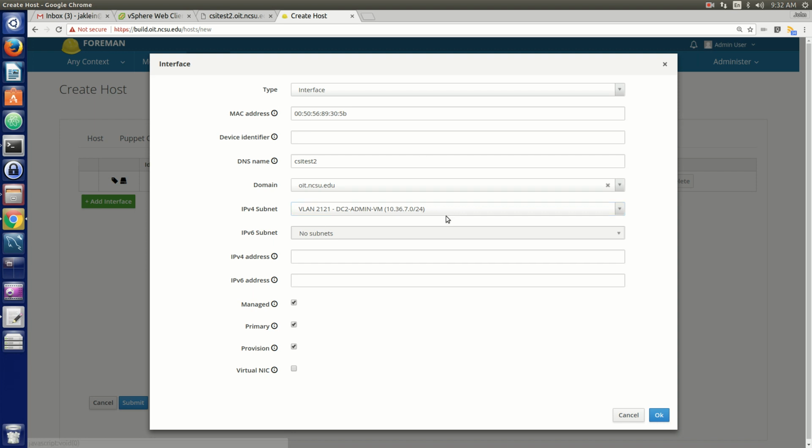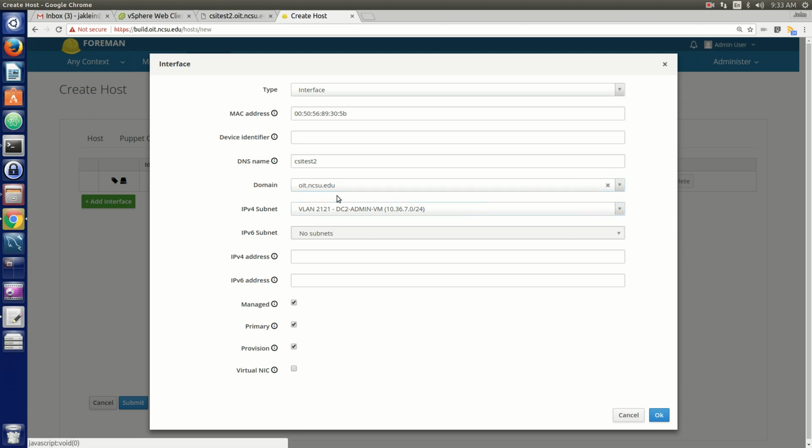There's some domains that, for historical reasons, we use acs.ncsu.edu or et.ncsu.edu, but they are constrained to only a few networks. And so if I'm building a .acs.ncsu.edu host, there's no need for it to show me anything that isn't